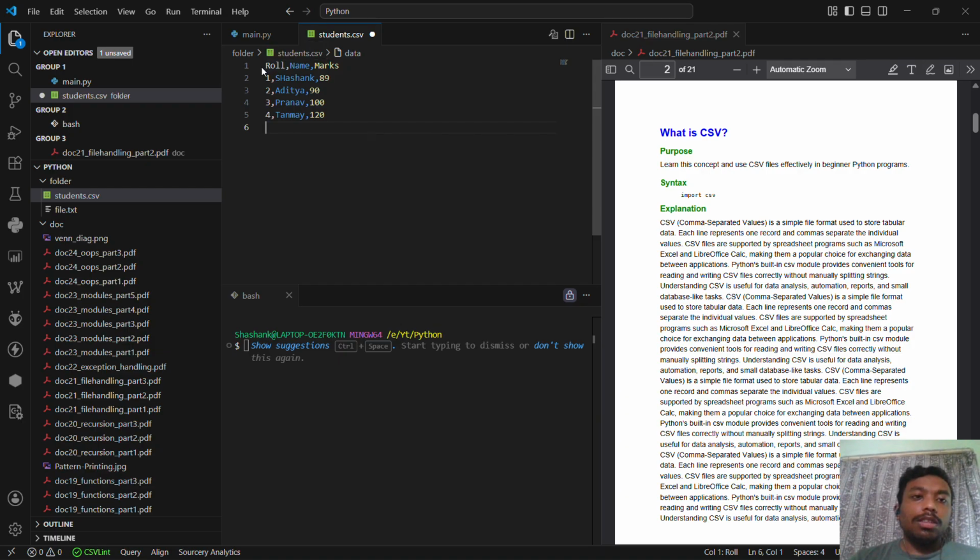You can see that the first line is always a header line. Now after this we have 1 Shashank 89, 2 Aditya 90, 3 Pranav 100. So these are the values just separated by commas. Now if you hover on this,